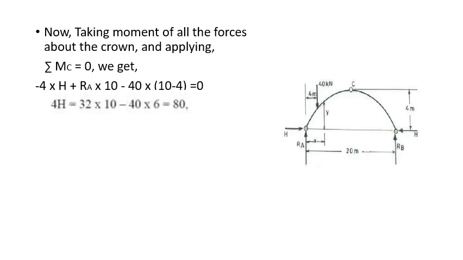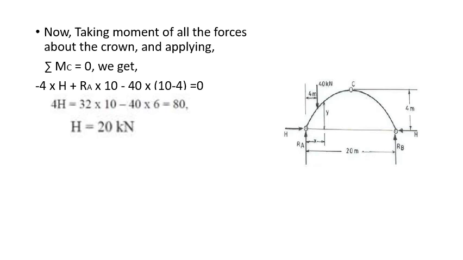So what do we get? H is equal to 20 kilonewton. Or else here we can consider the right of the point C also. If we consider the right of the point C, we get only two moments, that is RB into 10 minus H into 4. Okay. So then also RB is 8, 8 into 10, 80 minus 4H is equal to 0. So 80 by 4, you again get H as 20 kilonewton only.